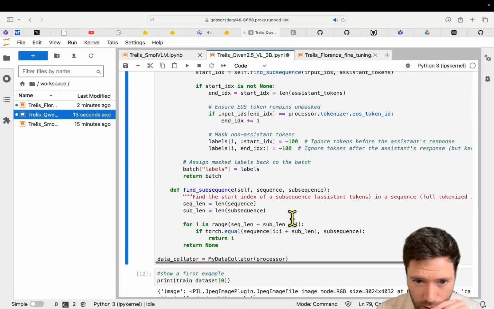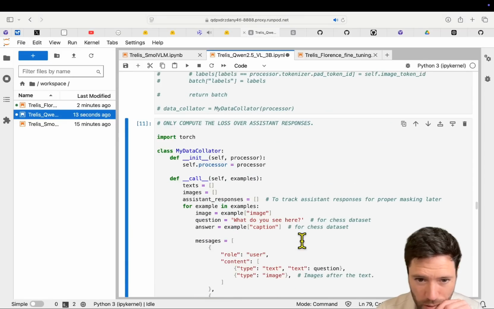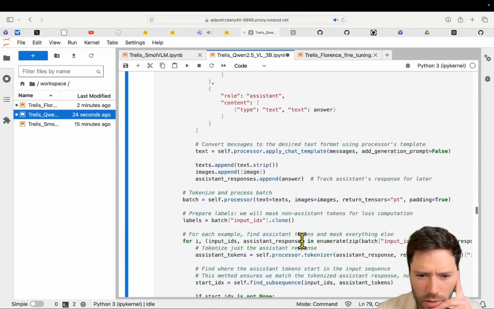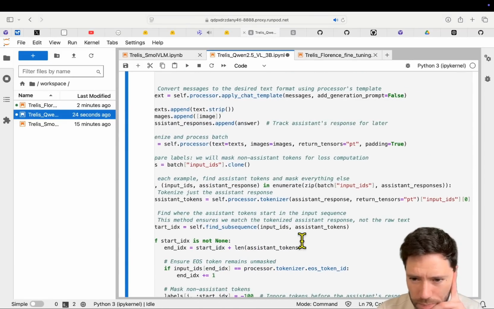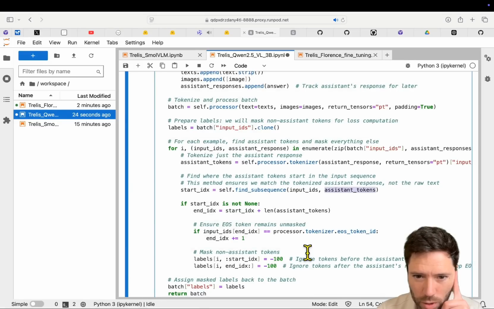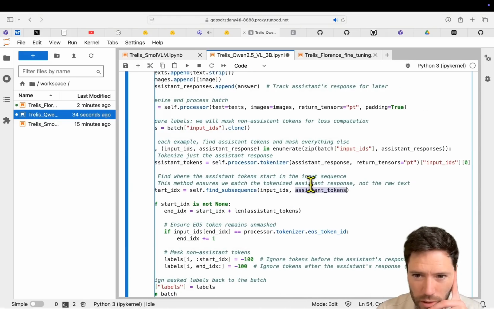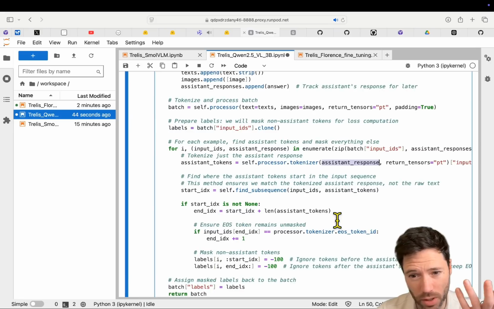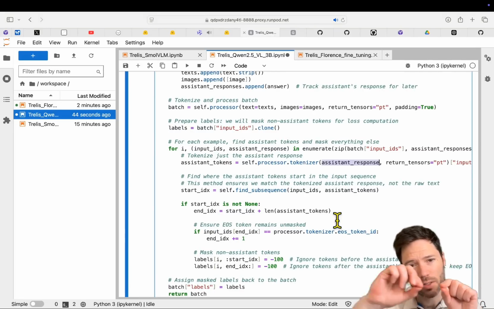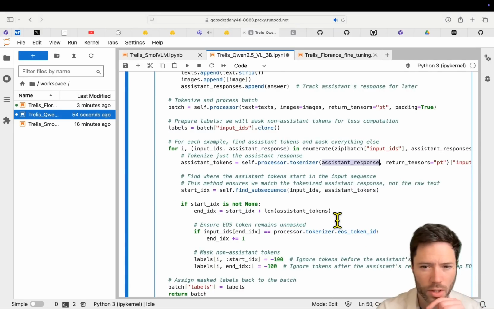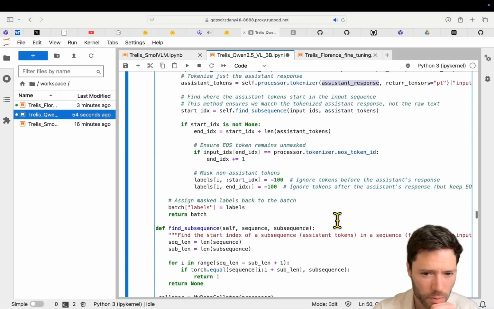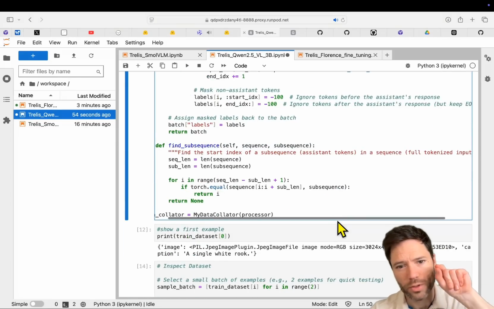Let's see, where is it? Find the sequence. I actually don't initialize it here. So how do I set it? Assistant tokens. And how do I define assistant tokens? I define it as the first token when I tokenize the assistant response. So this is a different approach. I'm tokenizing the assistant response. And when I do that, the very first token, which I think will be assistant or something like that, is going to be used to identify the start of the assistant sequence, and everything before that is going to be